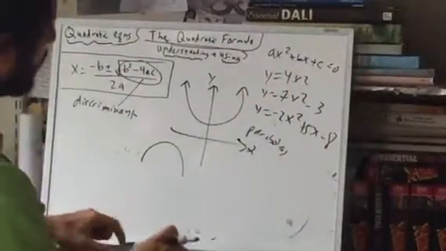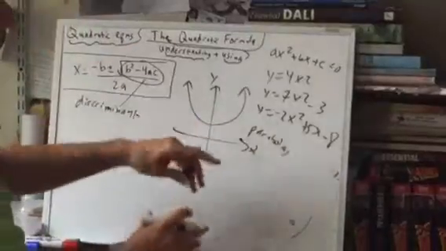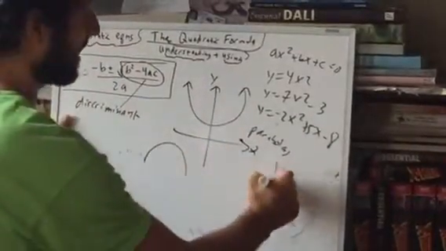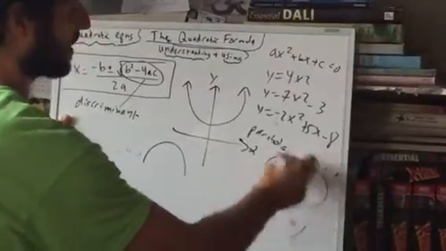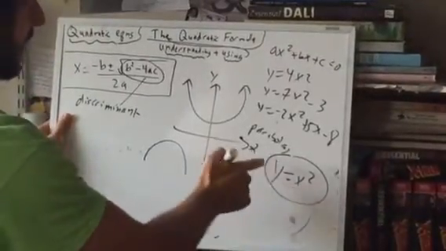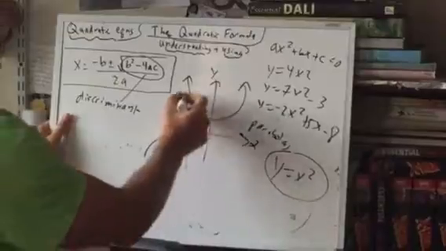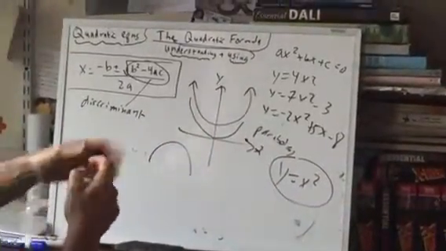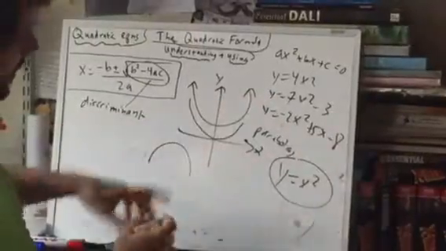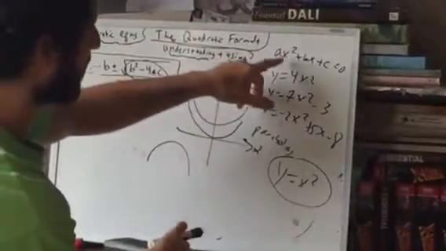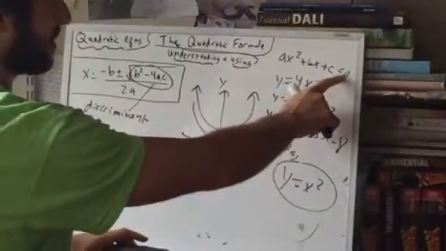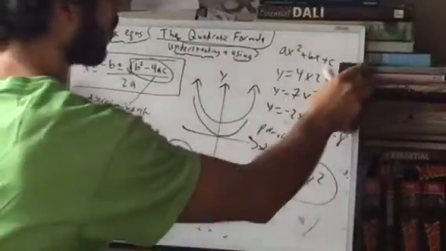All right, and we'll go over, like I said, later, how do we know that? But if you want to convince yourself, take an easy case such as this, y equals x squared, plug in some numbers and plot them, and you should be able to get this shape right here. All right, so why am I bringing this up? If we take a look at this general quadratic equation, where this is equal to 0, instead of just a y,